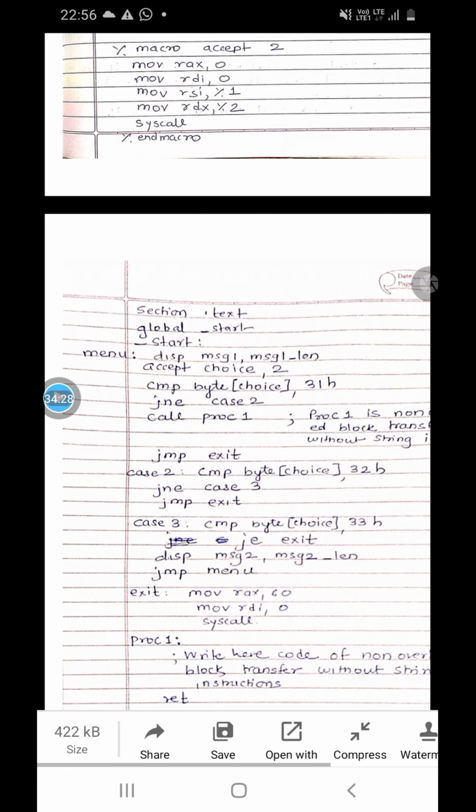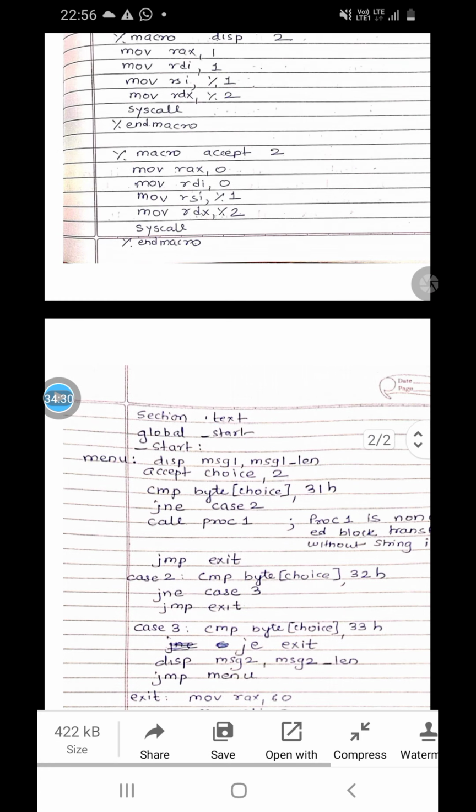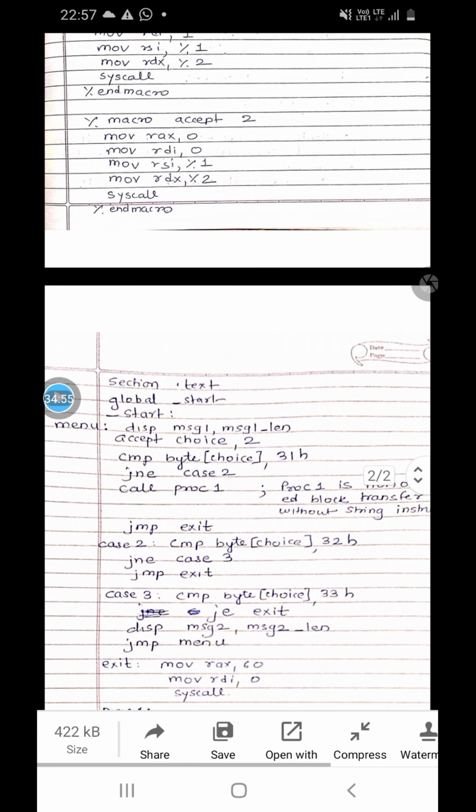So this choice will go in place of %1 and 2 will go in place of %2. So whatever number is entered by the user, its ASCII value gets stored in the choice array. So if 1 is entered by the user, then 31H gets stored in the choice array as the first byte, and the ASCII value of enter will get stored as the second byte.